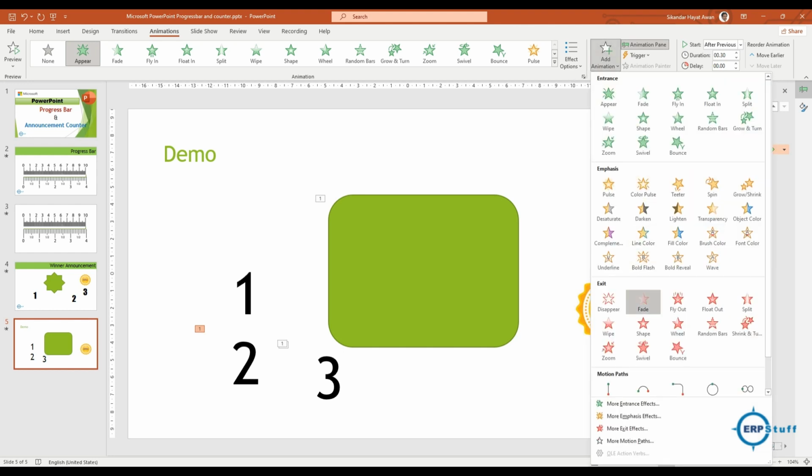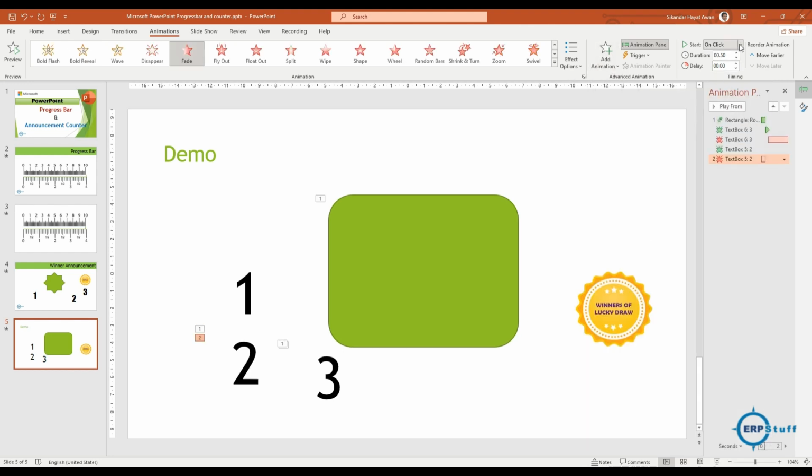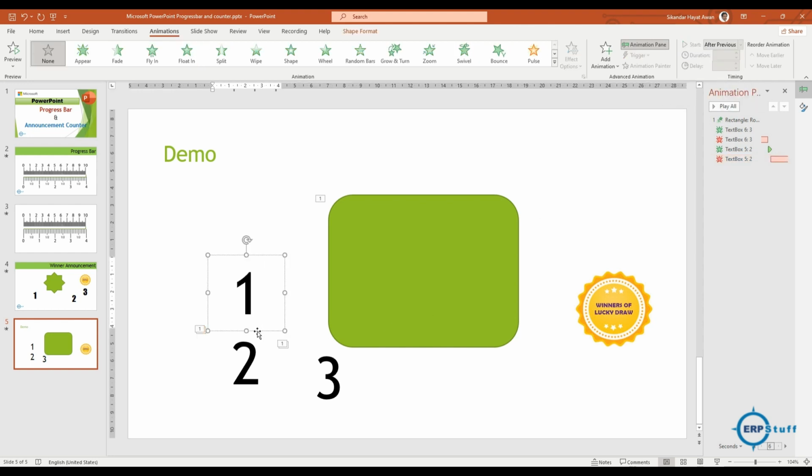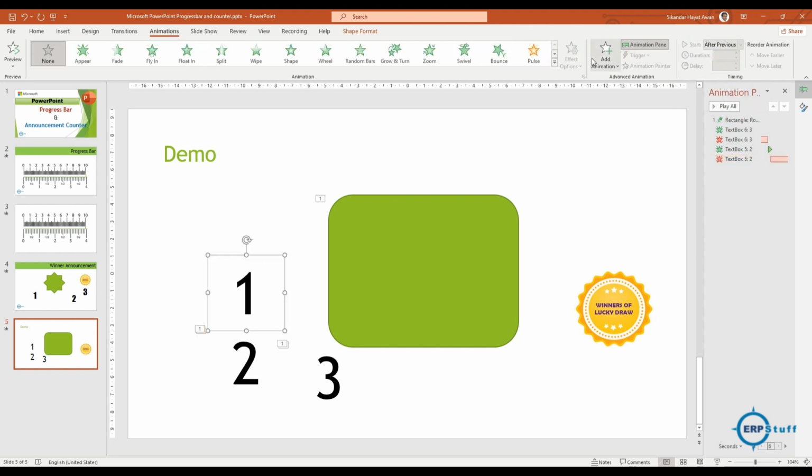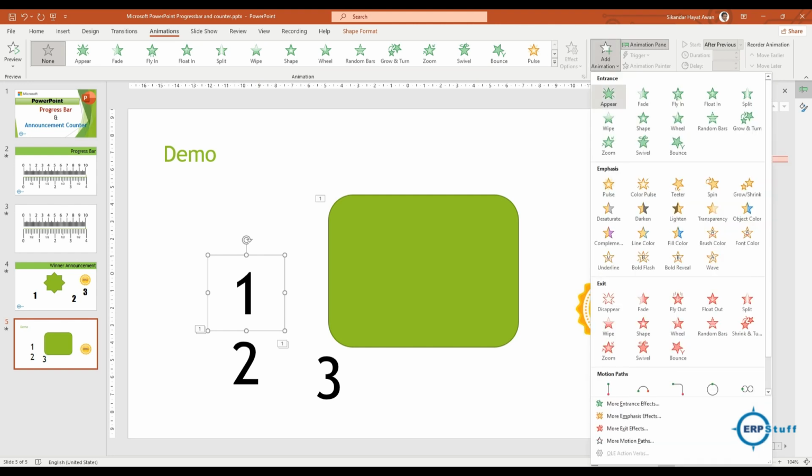And then fade. Fade should take 5 seconds. You can increase or decrease, but just for this demo, I'm selecting 5 seconds. And then the same I need to do for 3 as a third number, which is 1. So appear